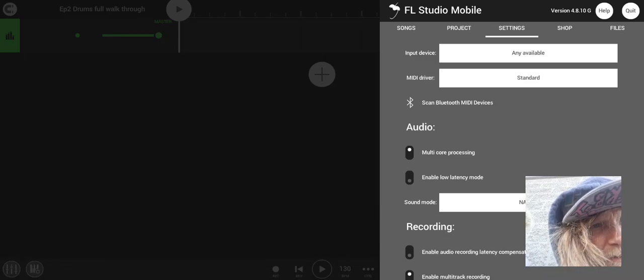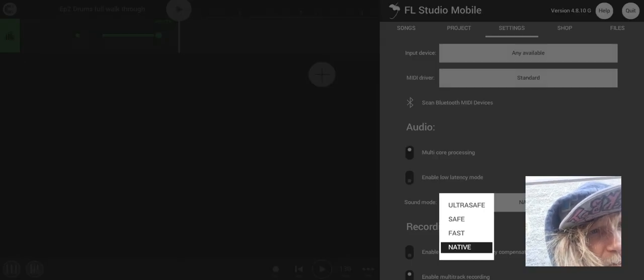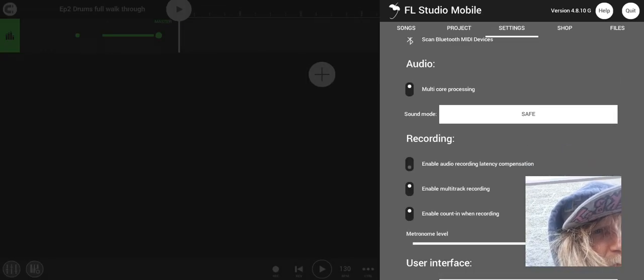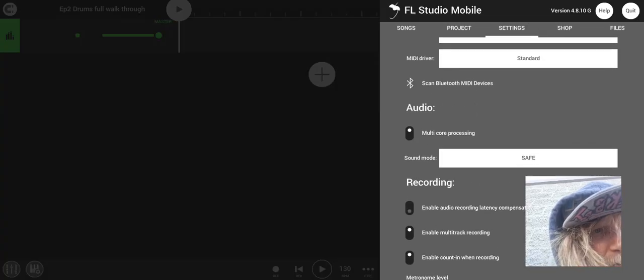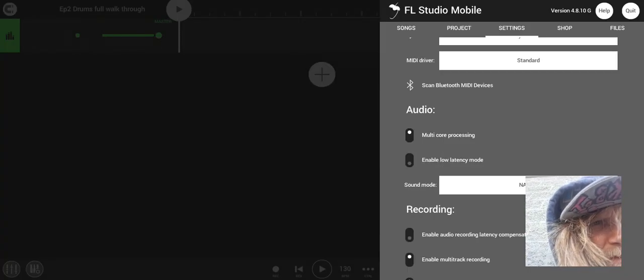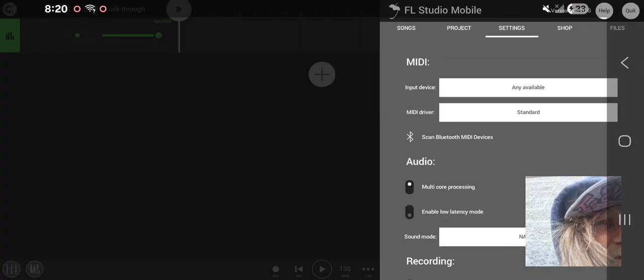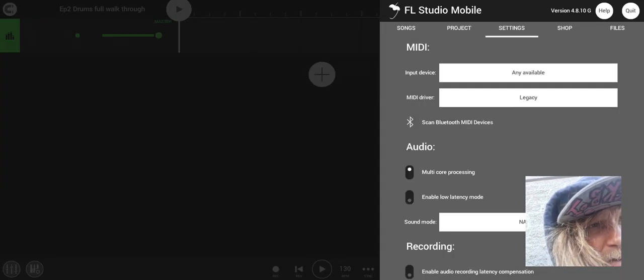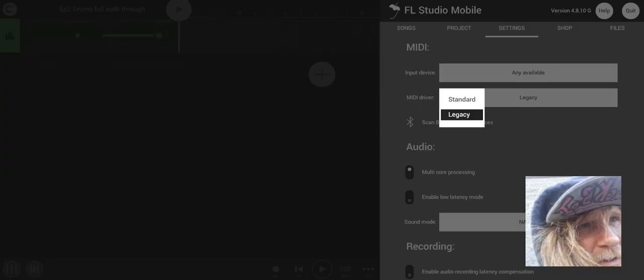I think you got to go to like fast or safe. Huh, I don't know why it's not letting me calibrate it. Anyway,